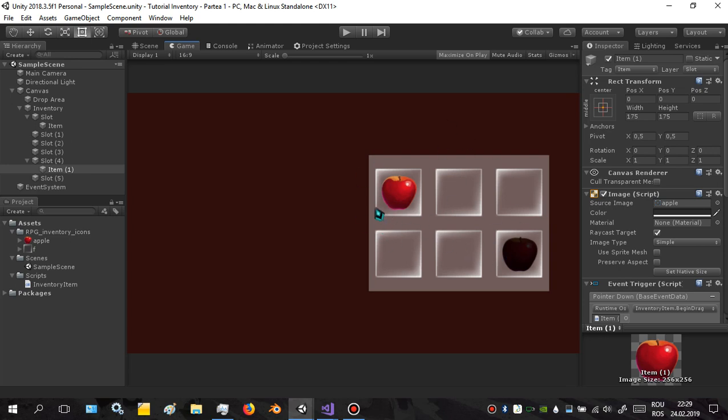In the next part, I'm gonna set up the pickup like in a 3D world or 2D world. The character will need to interact with the physical object and then pick it up and convert it into a UI item, and also drop it back into the world. So yeah, that's gonna be the second part of the